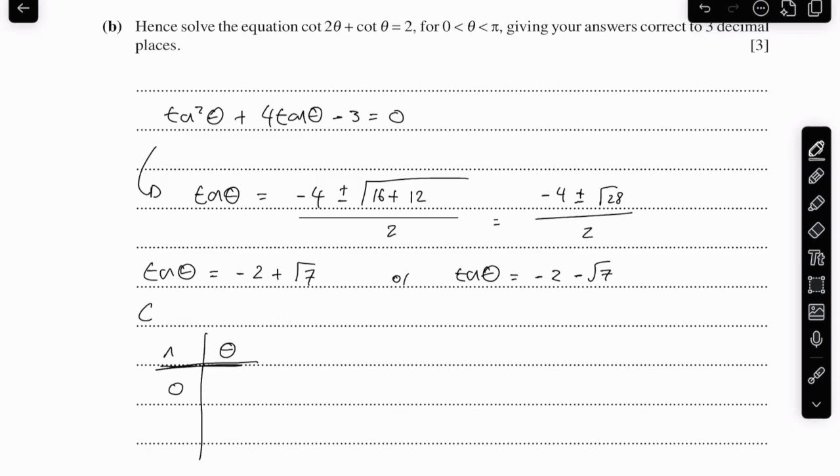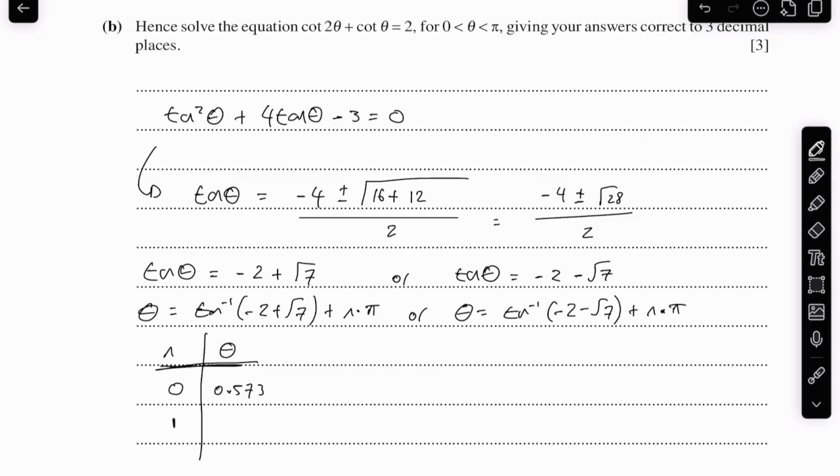We can say that theta is equal to arctan of minus 2 plus root 7 plus n pi, because the period is pi, or theta is equal to arctan of minus 2 minus root 7 plus n pi. So for n equals 0, what's theta going to equal? Well, working that out, we get